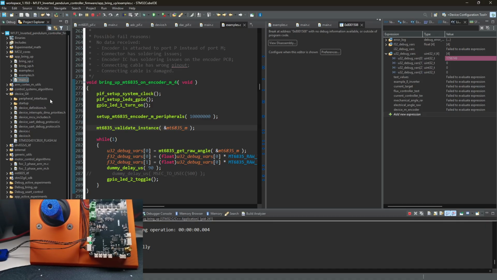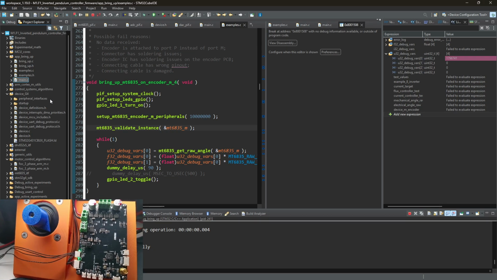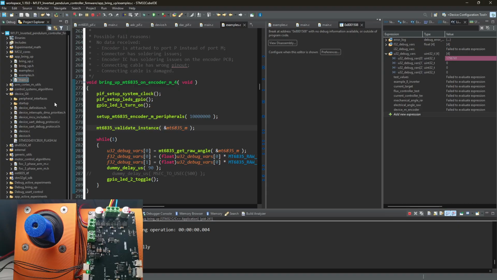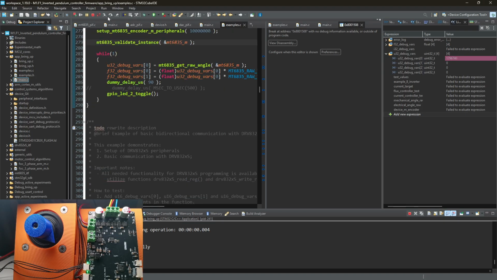Actually, maybe holding the encoder wires close to the motor wires is not the best idea. We can definitely figure it out eventually, so let's go back to the code,